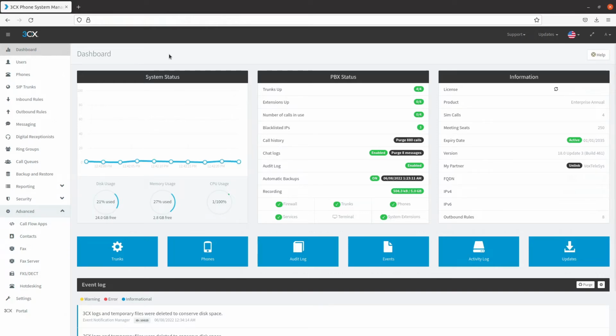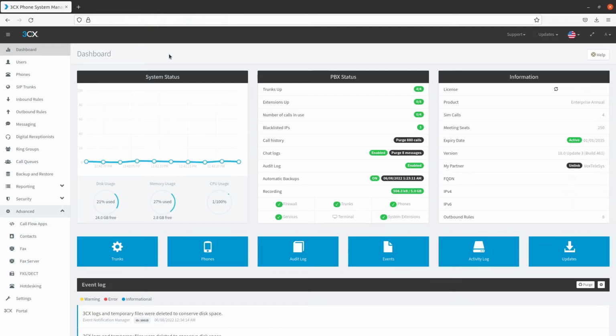In this video, we'll demonstrate how to assign a failover SIP trunk to inbound and outbound rules in the 3CX Management Console. If you haven't already set up a SIP trunk, check out our video on 3CX IP authentication to see how to set one up. The video demonstrates how to create an IP-based SIP trunk. Check out our 3CX trunk configuration video if you want to see a registration-based SIP trunk configuration.